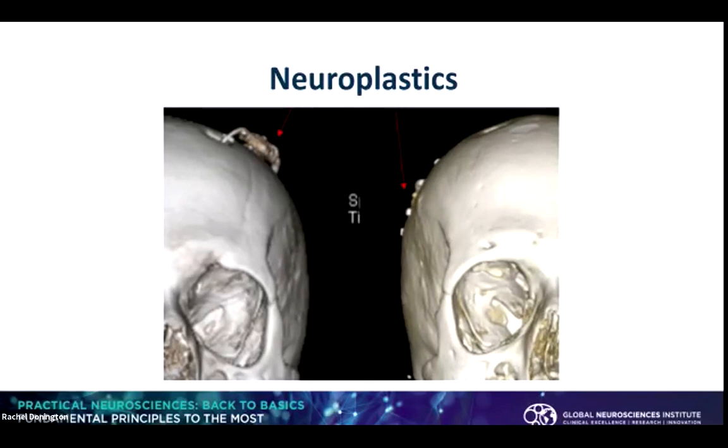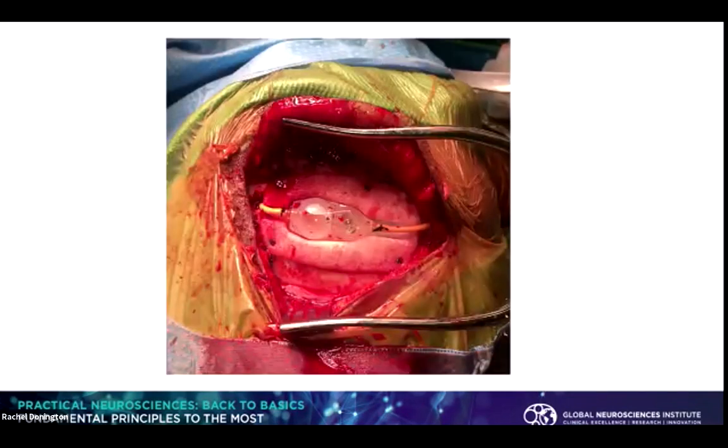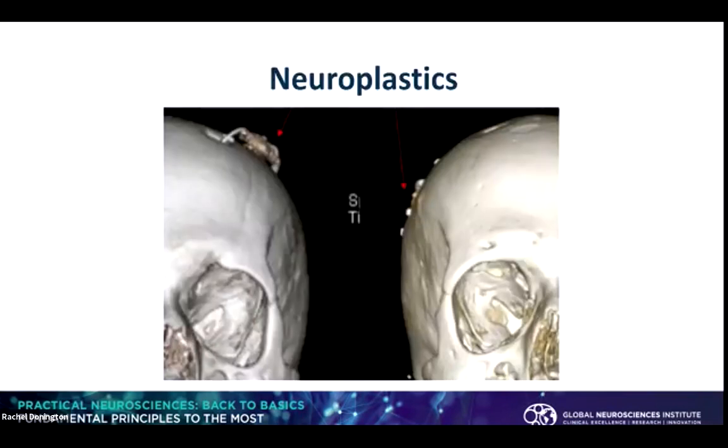And one of the things that we're doing is this is called an Invisishunt. And what you can see here on the left is a typical, this is a real patient, a before and after. And you can see this shunt. This is what happens when people have shunts. They have these big bulging valves sticking out. If you're an older person, if you're somebody with a receding hairline, if you're bald, you're walking around and yes, you have your shunt. It's helping your brain and your outcomes are better. But you know what? You have this big cosmetic defect.